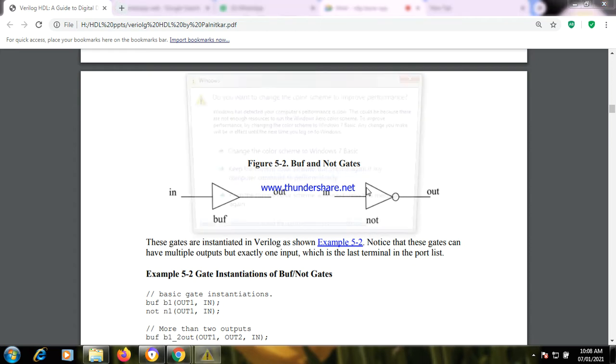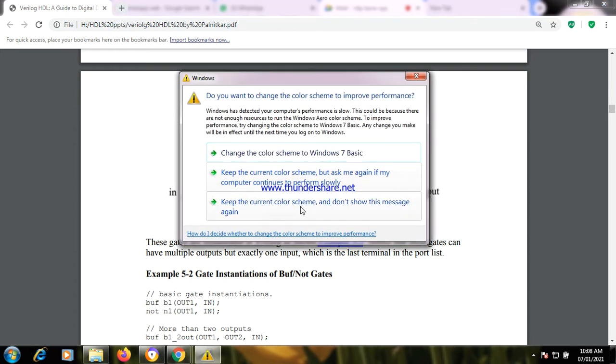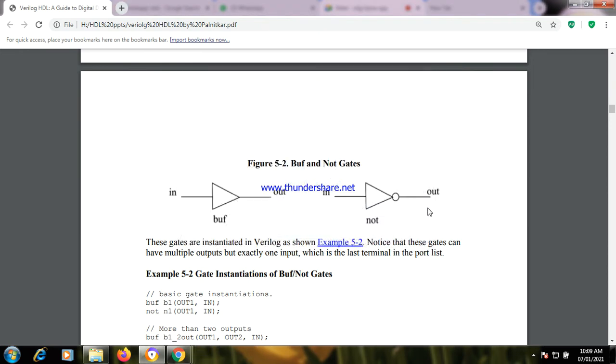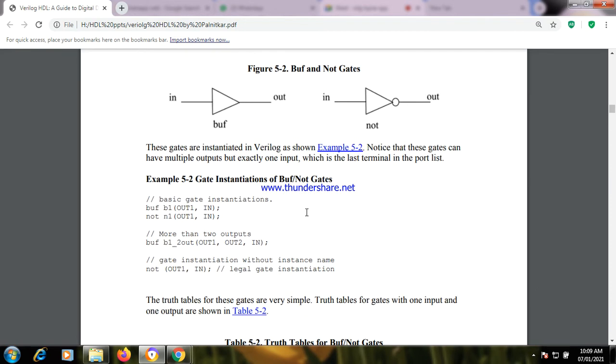So what happens is in case of if 1, it can be either your buffer or your NOT gate. So if 1 indicates that control input is 1. If that is the case, then it will act according to the logic. Getting? So if 0 means the control signal will be 0. So if the control signal is 0, then output will change according to that particular logic of the circuit. Till that we had discussed, right?